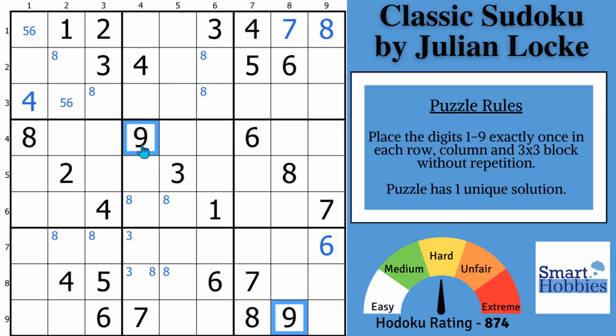And now we can move on to the 9s. What you'll see is in block 2, since you have a 9 right here, it can't be in that spot, and it can't be here because of the hidden pair, so you can solve this cell now for a 9. And then with these two 9s and this 9, you can solve for a 9 in block 8. Only place for a 9 in block 7 is right there. And then with this 9, you have